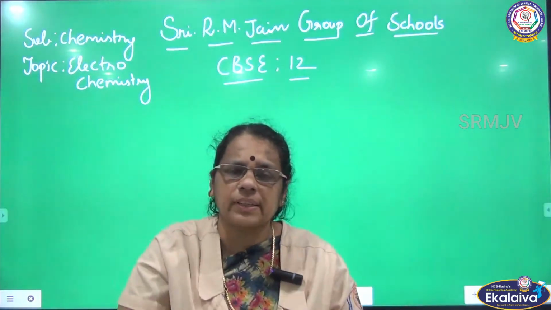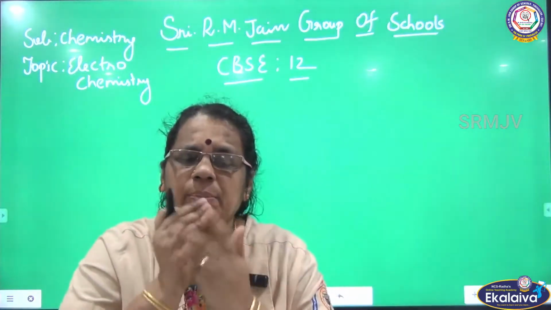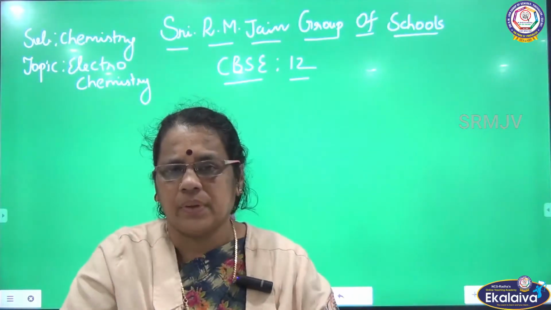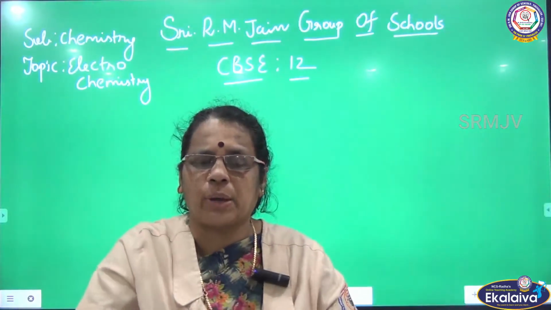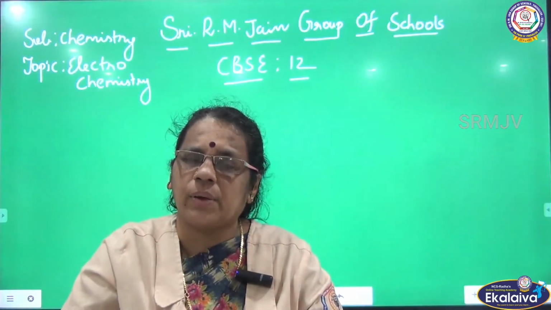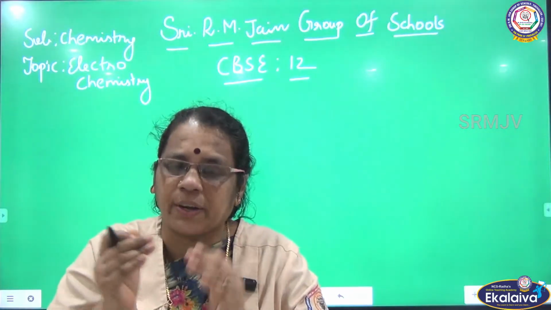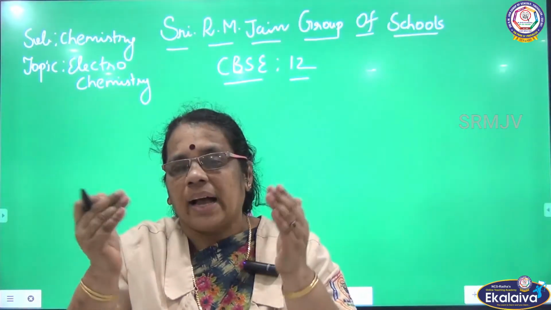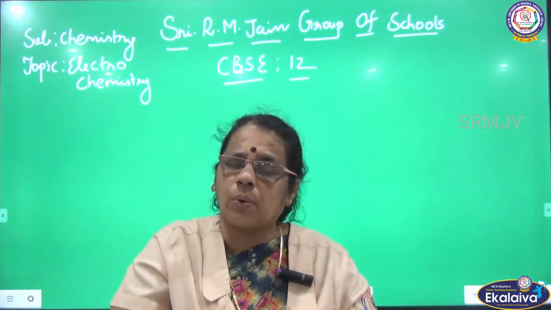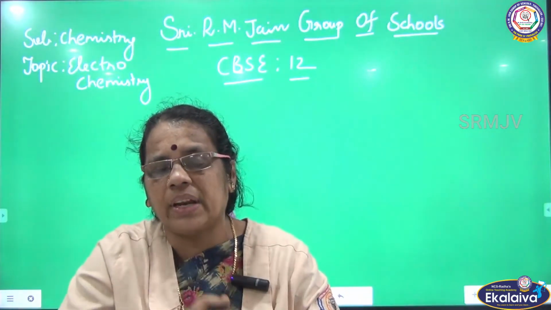Today we are going to discuss numericals based on equilibrium constant. Already we are discussing electrochemistry. So many concepts I told in electrochemistry. I talked about what is electrochemistry, what is an electrochemical cell, what is an electrolytic cell, and we have seen the EMF of the Daniell cell, that is 1.1 volt. We have seen the working of the Daniell cell.